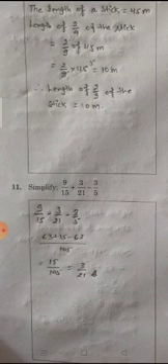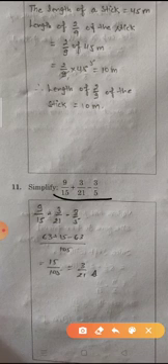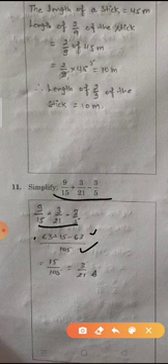Question number 11. Simplify 9/15 plus 3/21 minus 3/15. So first we find the LCM of 15, 21 and 15. So the LCM is 105. Now we make all the denominators the same. So 15 multiplied by 7, and 7 multiplied by 9 is 63, and 15 and minus 63. So student, this is very simple. We subtract 63, cancel 63 with 63, and 15/105 is left. So 3/21. We cut by 5. So 3/21 is the answer.